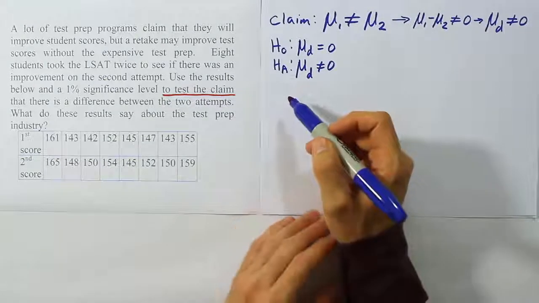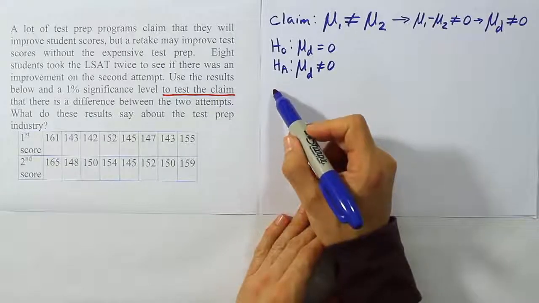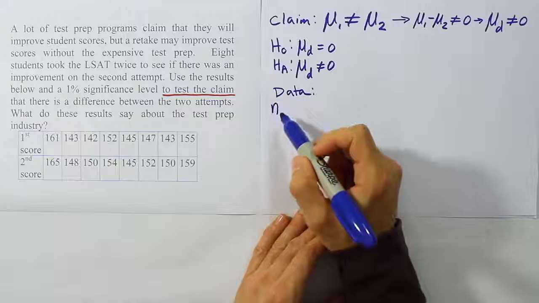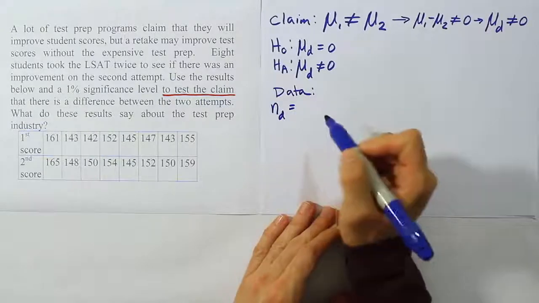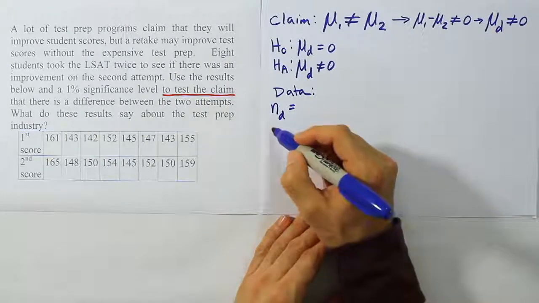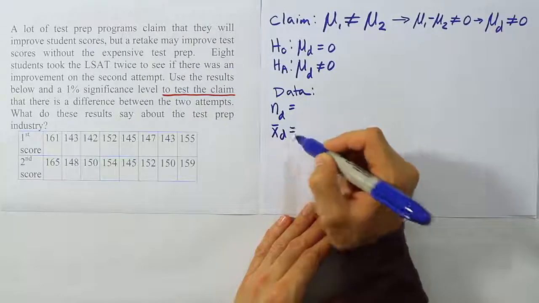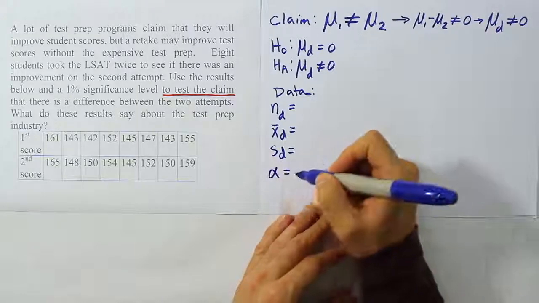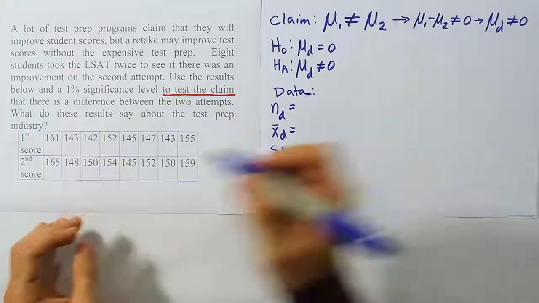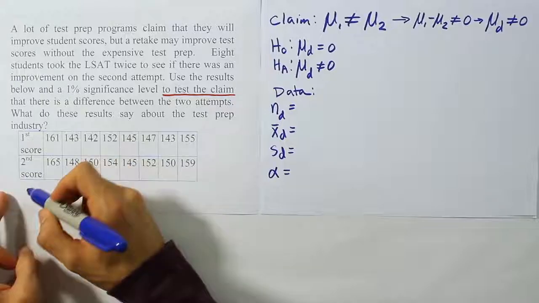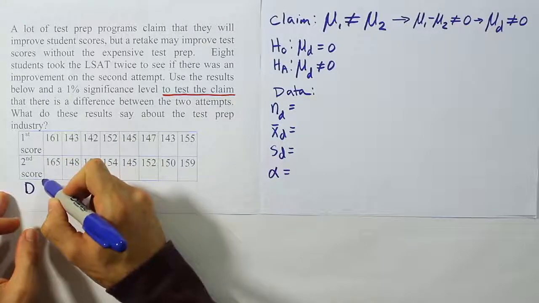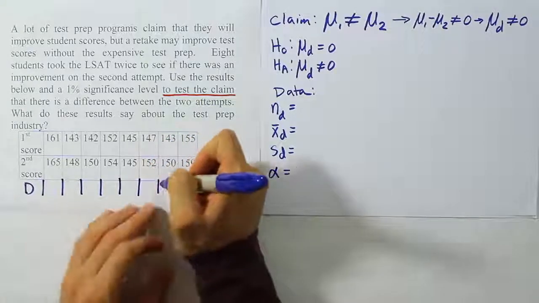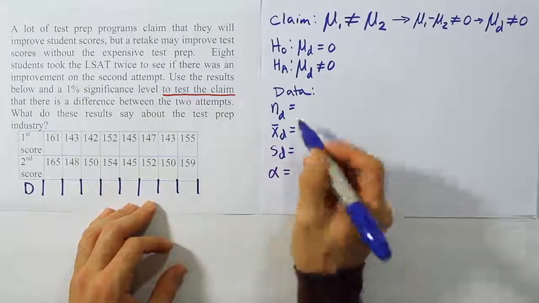Now from there, we're going to basically get the data for the problem. And the data for the problem, remember, consists of summary statistics like n for the differences, and how many differences are there. We're going to have the x bar for the differences, right? And we're going to have the standard deviation for the differences in these problems, and we're going to have an alpha value. Now, when we say n for the differences, x bar for the differences, we're talking about the differences that we will calculate down here, right? So we're going to calculate the differences, and then when we're done, we'll get these summary values.